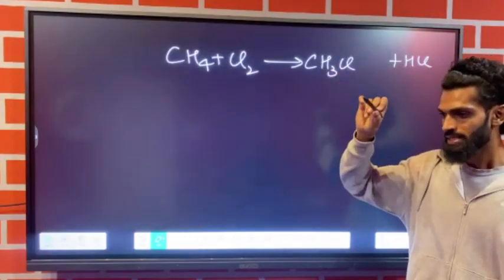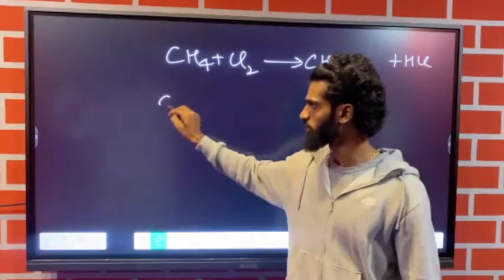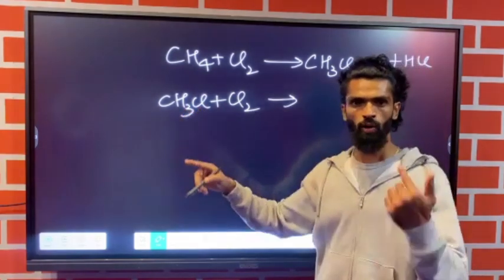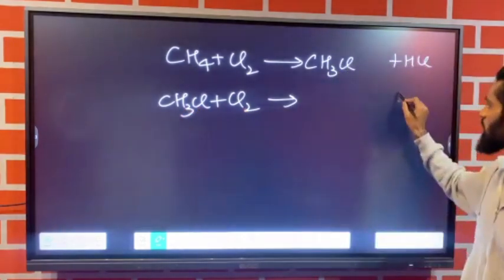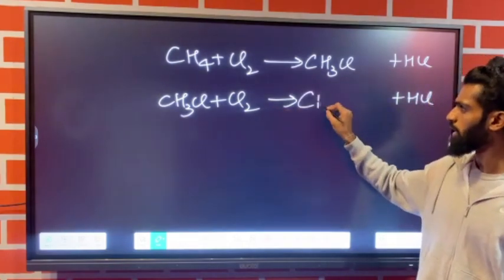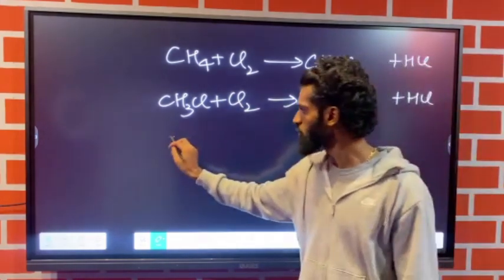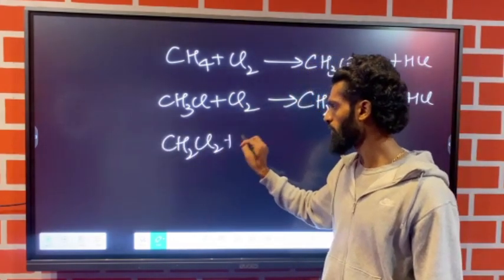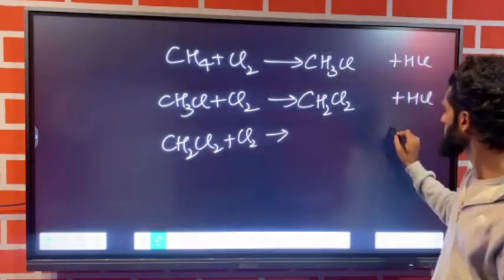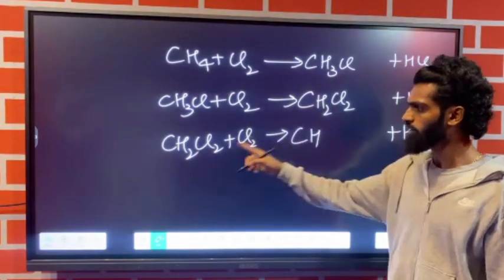Step 1's product is always step 2's reactant. CH3Cl combined with Cl2. What's going to happen? Out of 3 H, 1 comes out and forms HCl with 1 Cl. What is remaining is C as it is, after using 1 H, so CH2Cl2. Copy this. Add chlorine, reduce 1 hydrogen, reduce 1 chlorine, combine them to give HCl. C was there as it is, with 1 less hydrogen and 1 more chlorine,